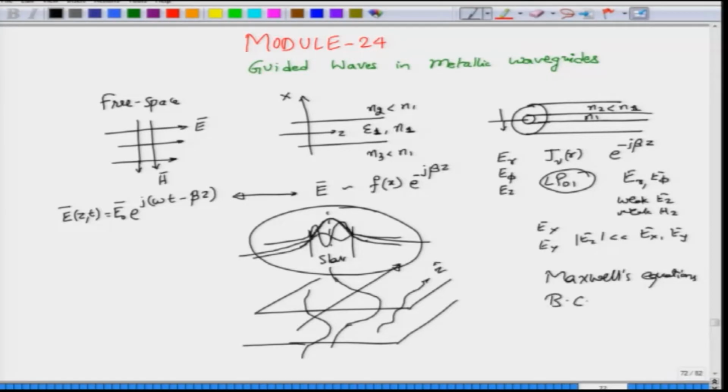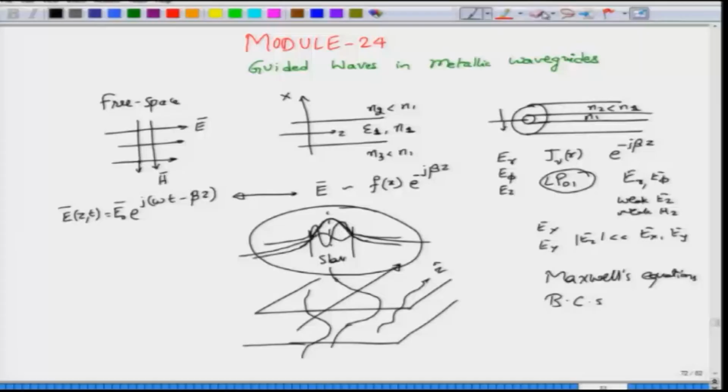So, clearly that cannot happen, at least in the situation that we have considered. And then we have to satisfy the boundary condition. These waves have to satisfy appropriate boundary conditions, and depending on the type of geometry, the boundary conditions will result in components which are different. For example, in the planar slab case, the boundary conditions were on a plane, and therefore the solutions that you get, f of x, were all trigonometric functions. But when it comes to an optical fiber, the structure is cylindrical, so the corresponding variables have to be used.